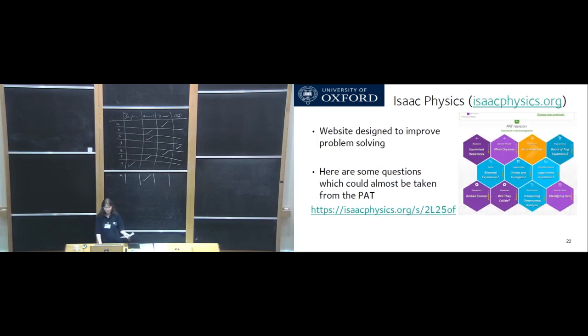There we go. Right. Isaac Physics. If you've not come across Isaac Physics before, there are some postcards out the front. This website was specifically designed to improve students' problem-solving skills. And when I was looking at this, I found some questions which could almost be taken off the PAT. That web address, I think, is not on the sheet. Okay? But these are questions that I just found. I thought they looked like PAT questions. I grouped them together. But there are many other questions on Isaac Physics which are of the right sort of